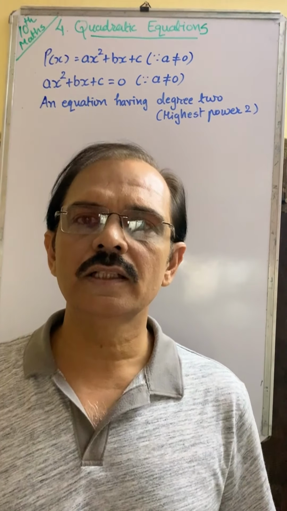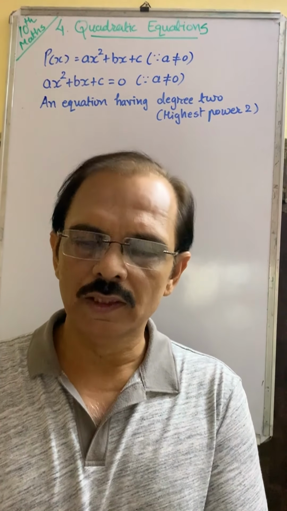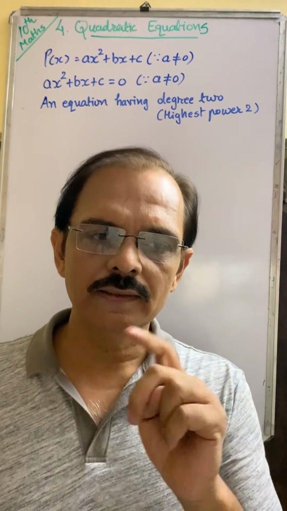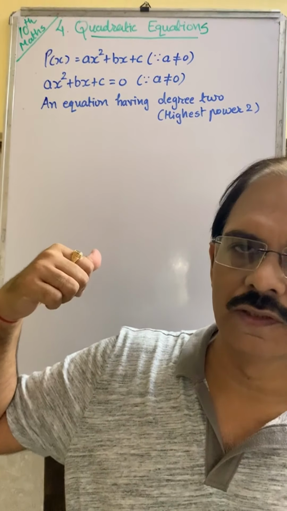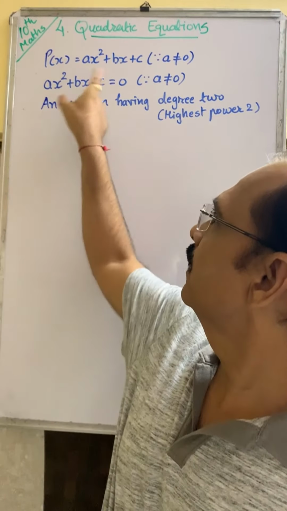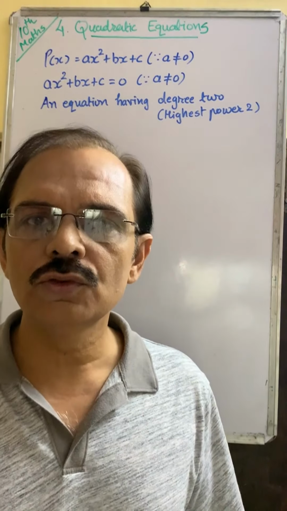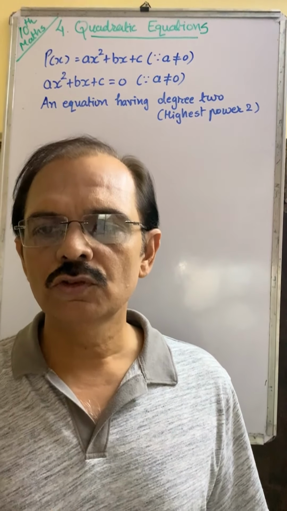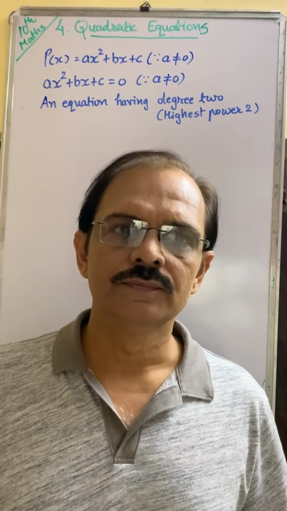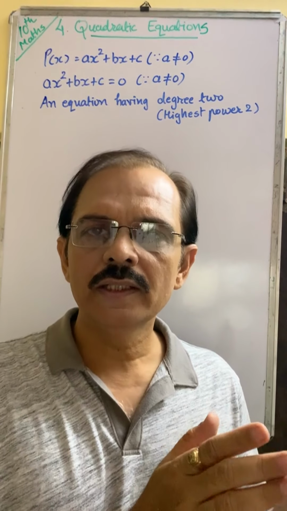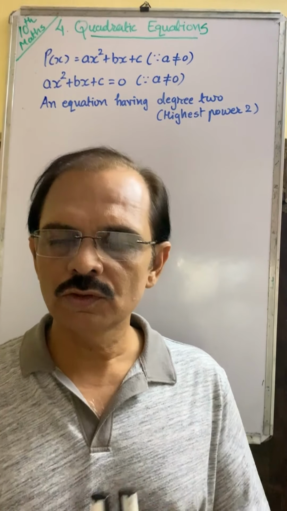You have also learnt linear equations in 2 variables. In a pair of linear equations in 2 variables, we select 2 variables, that is x and y, or a and b, p and q, etc. Here it is a quadratic equation, highest power 2, but it is an equation, so there is only one variable, that is x. So you do not have to choose y. You have to choose only x, or only a, in this way. Okay, so the problem sum of linear equation and the problem sum of quadratic equation may seem to be the same, but you have to solve in a different way.